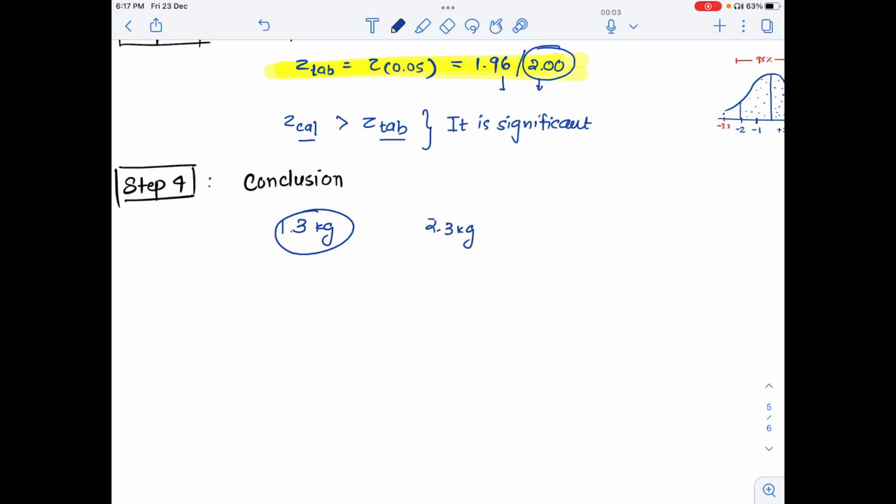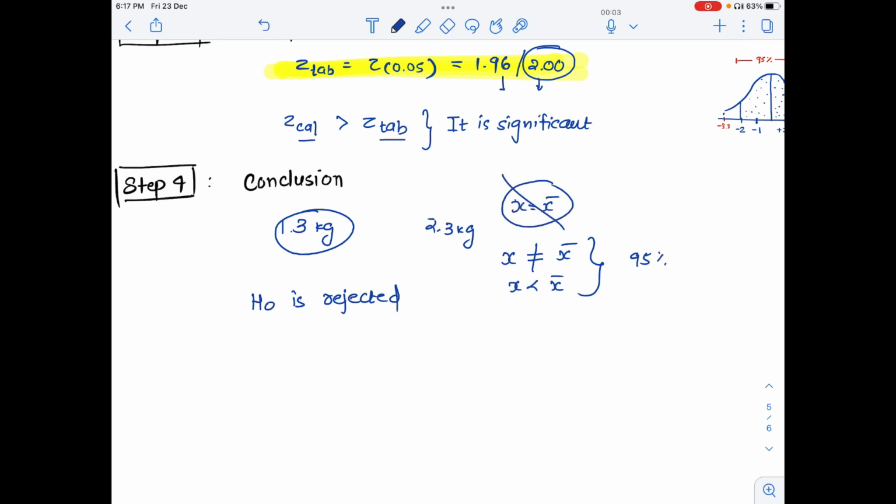Okay, so a better way to write this conclusion is that H0 is rejected, because we saw that x is not equal to x bar, it is actually less than x bar, statistically proven at 95% confidence interval. So x equal to x bar, which was null hypothesis, was actually wrong. So we will write that H0 is rejected and